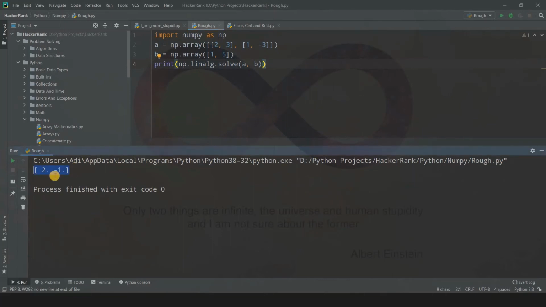So just run this code, you are going to get an output of an array. See, we got the output as 2, -1. This is nothing but x and y. So x is 2 and y is going to be -1. If it had three variables, x, y, and z, then we would have gotten an array containing three values of x, y, and z. So it has two variables, x and y, and we got the value of x as 2, y as -1.